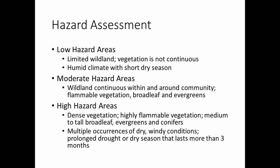Pines, primarily pines. I mean, when we think back to Bastrop in 2011, they had an ideal fuel source with those pines. We've got our fair share of pines here. And then when we look at those high hazard areas, dense vegetation, highly flammable vegetation, medium to tall broadleaf evergreens and conifers, and then multiple occurrences of dry, windy conditions, prolonged drought, or dry season that lasts for 3 or